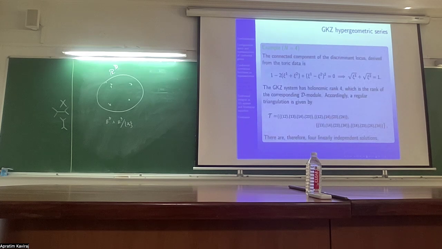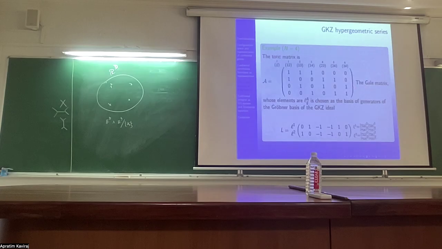And with the convergence domain, it turns out that I have now two cross ratios. There's a discriminant locus here, which you can evaluate from the toric data. I use Macaulay 2 to do this. You find that this is the convergence domain, this is the discriminant locus, and this is now related to some kind of combinatorics of this,